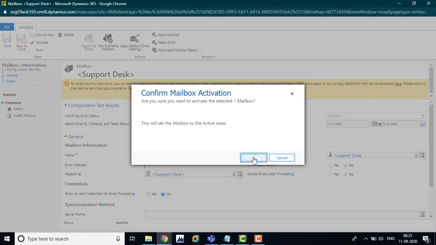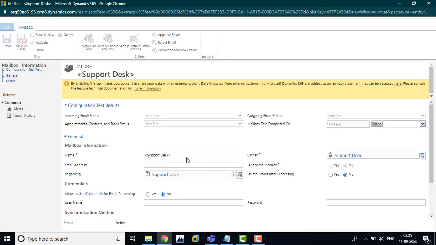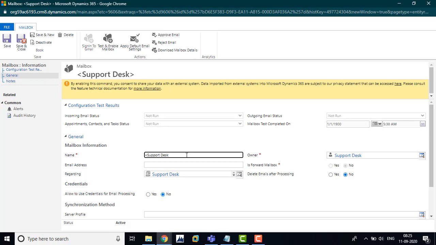Activate this mailbox, and type your mailbox, the queue mailbox. The queue mailbox should always be a shared mailbox.